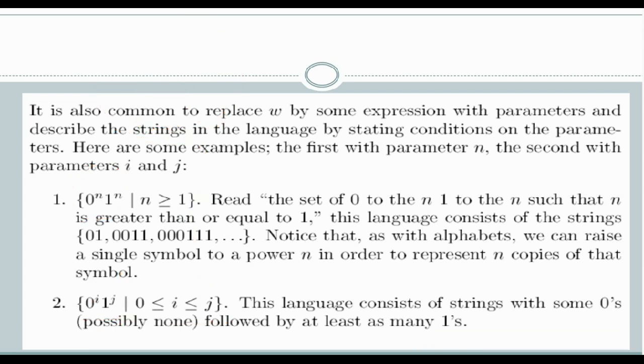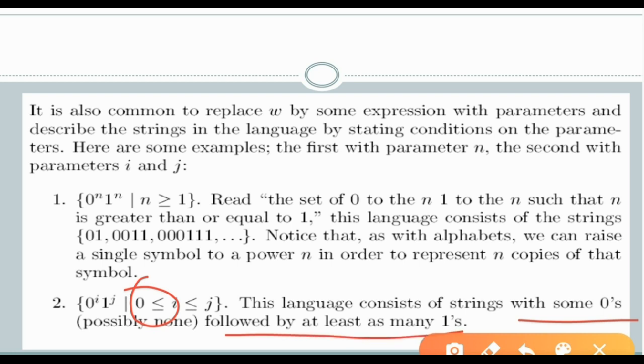So when coming to the i value, the language consists of strings with some zeros. So i may be greater than or equal to 0, sometimes it may be 0 also, followed by